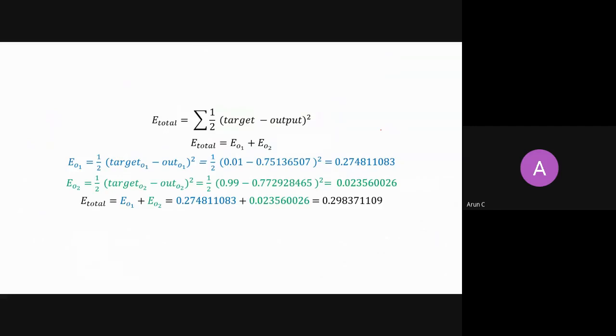So it means how far you are. You are subtracting your 0.75 from 0.1 and then squaring it. Similarly, for 0.99 you are far by this number. You square it, right? And then sum them up. It is your final error, right? It is your total error for the regression. I hope this is clear.